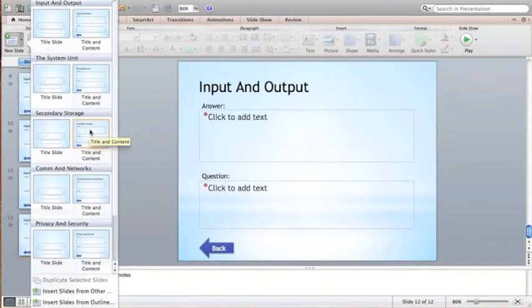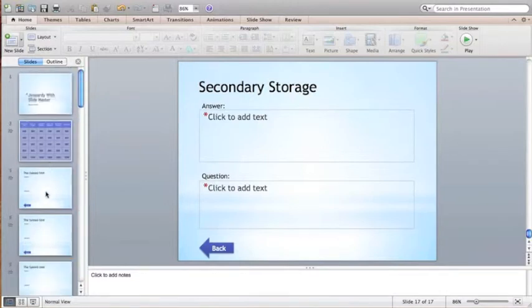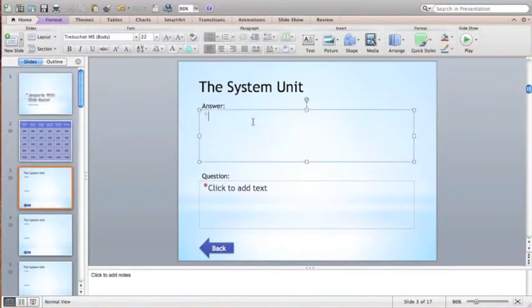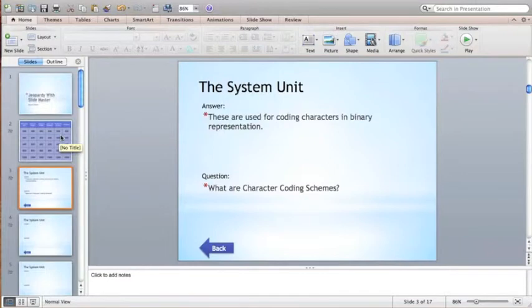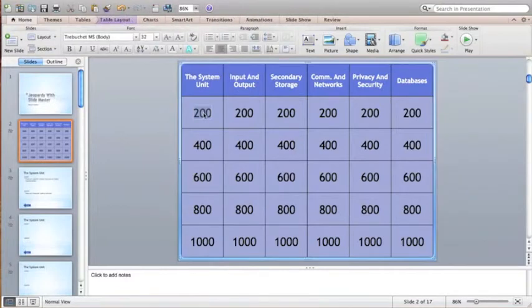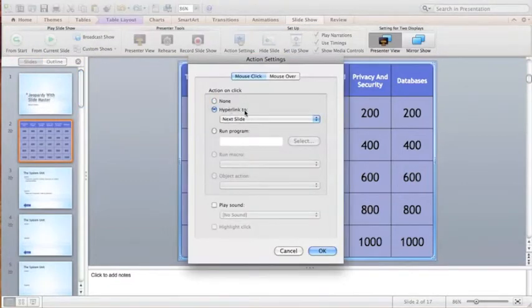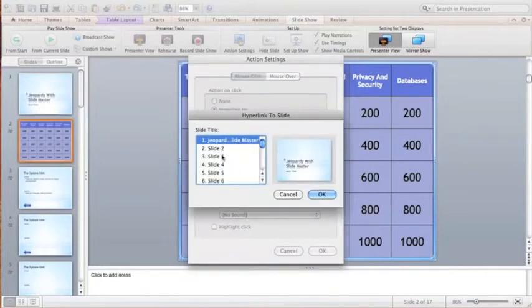There's secondary storage. So this way we can continue to add the other slides, and then when it's time to add the content, we go back to our slides and just add the question. Now we also need to hyperlink the dollar amounts to the individual slides, and that should be fairly easy. If we click the dollar amount and then change the action setting to go to slide number 3,